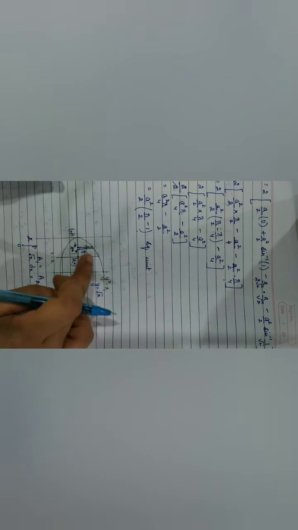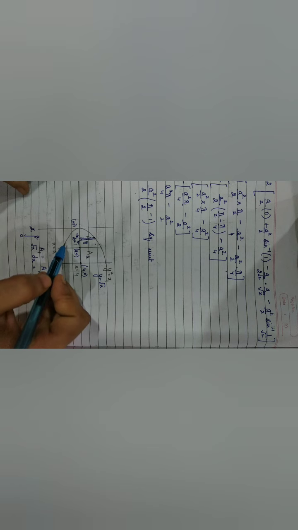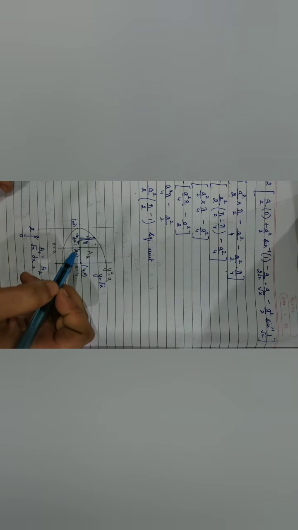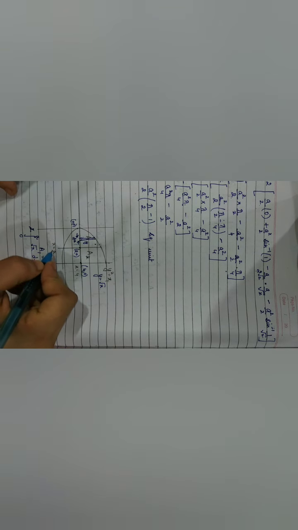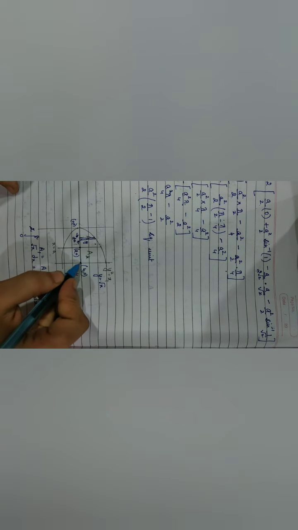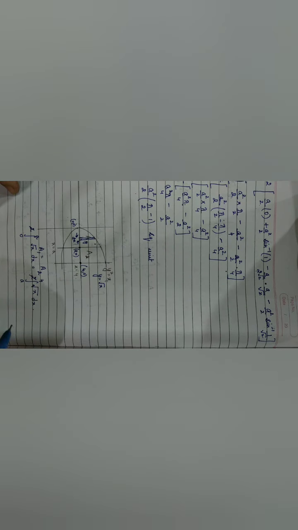Now what is a1? A1 is this entire area above the x-axis and below the x-axis. So I can take it twice, 0 to a. Let me determine, if x is equal to a, on the x-axis, what are the coordinates? A comma 0. And on the x-axis, the coordinates of this is 4 comma 0 because this is the line x is equal to 4. So the corresponding y coordinate is 0. Now I will be taking twice the area from 0 to a for a1.